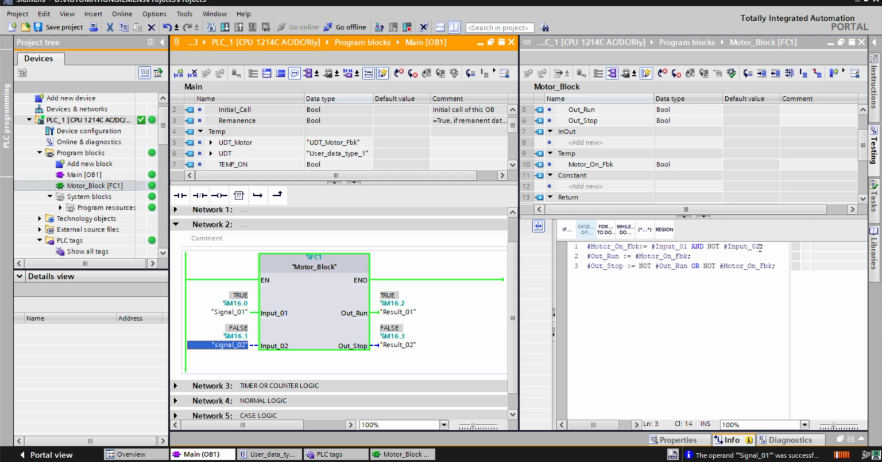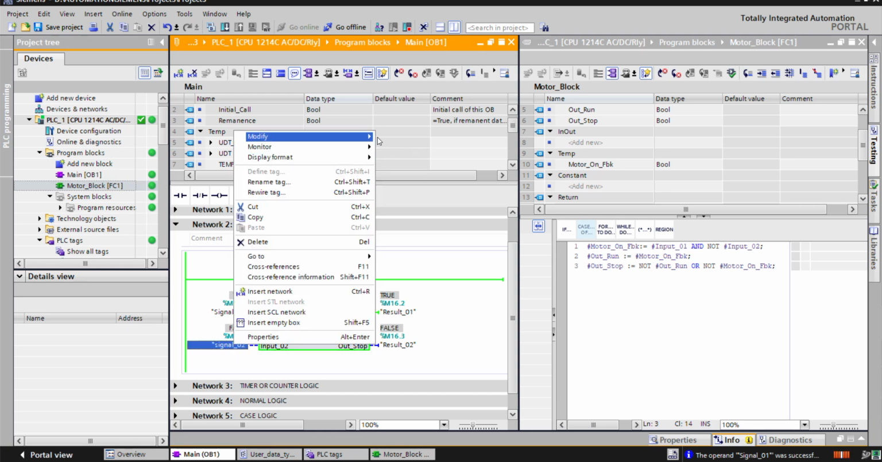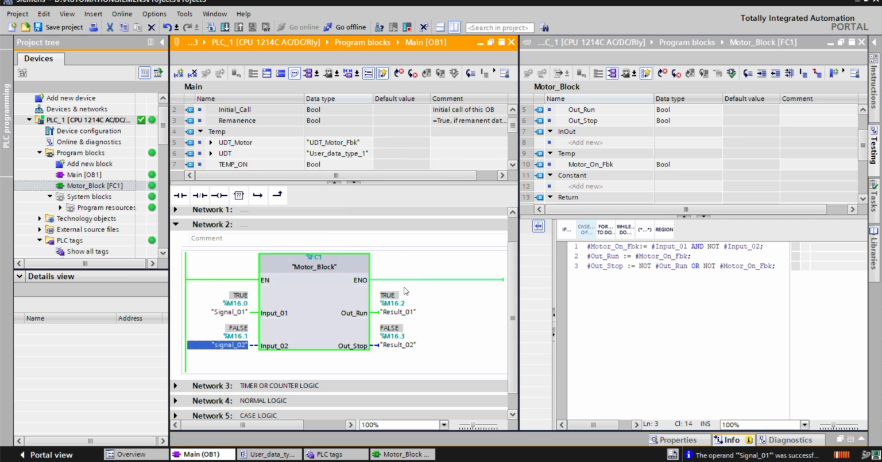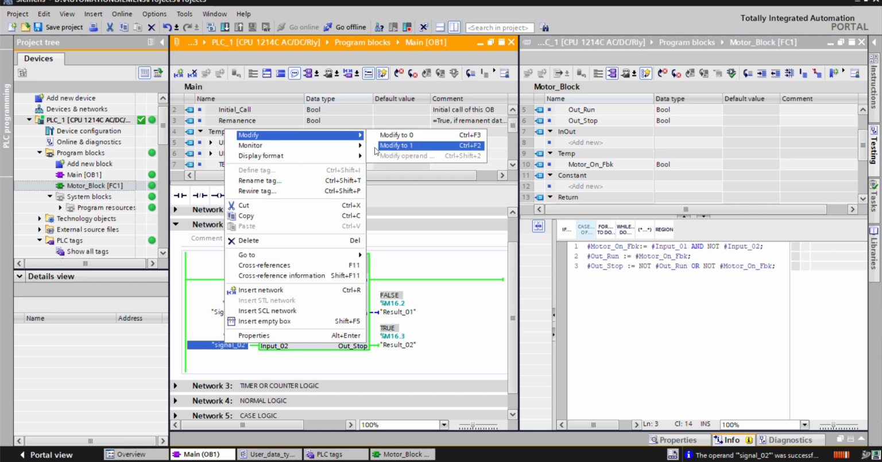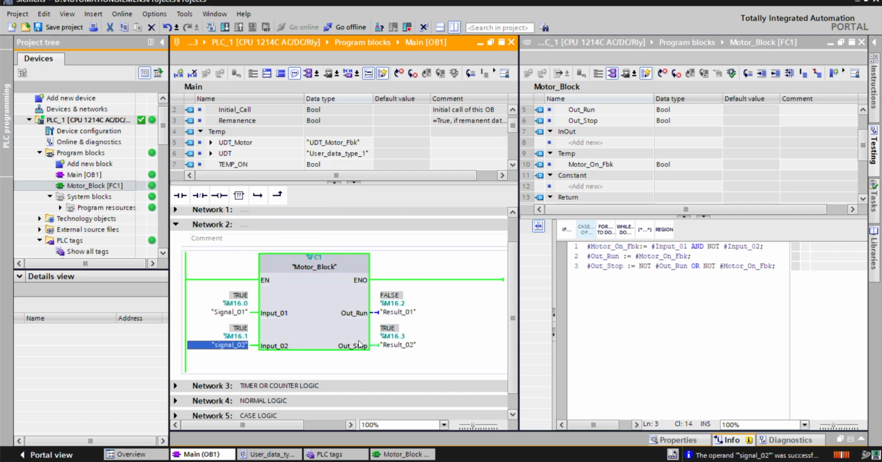And when not Input 0.2 is true, like now you can see Input 0.2 is off, and when it turns on the signal, I'm going to enable this signal also, like this. When Input 0.2 is true, the motor run signal will be stopped,